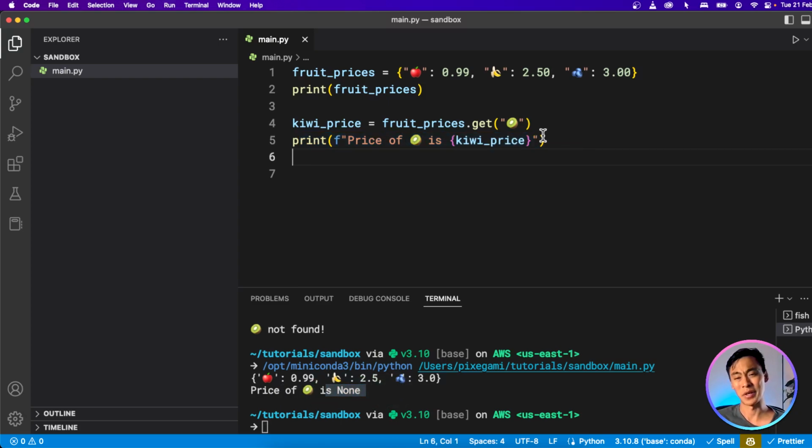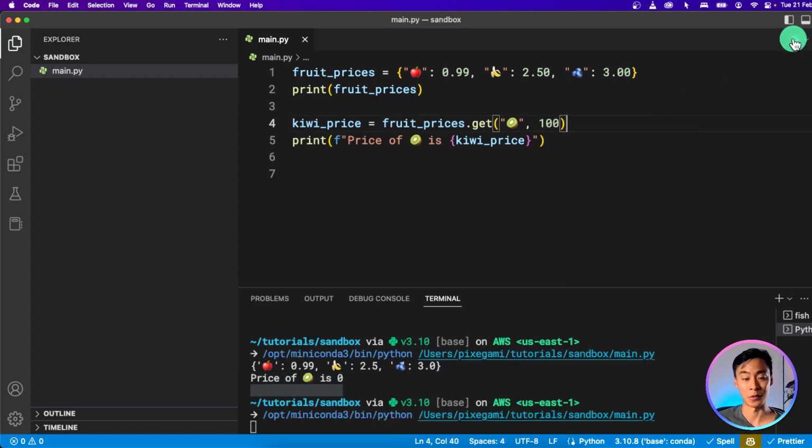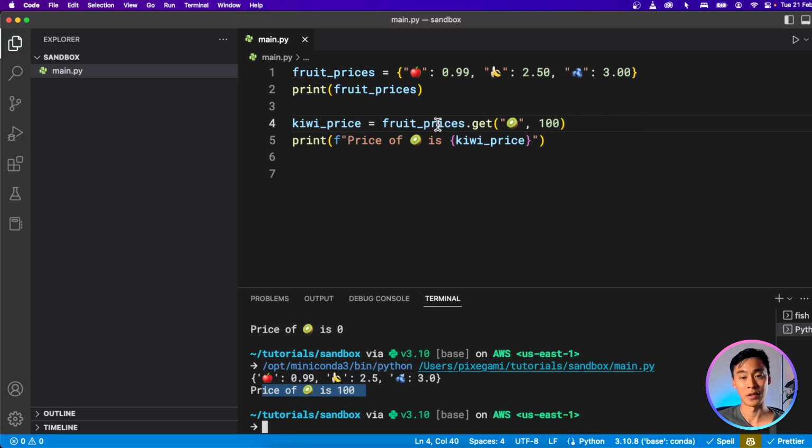It doesn't exist. But if we don't want that behavior, if we don't want the default value of something to be none, we can actually specify a default value as the second argument of this function. So let's say that I'm designing a database for price lookups, and if I don't find the price of something, I'm going to assume that the price is 0, for example. I don't think that's a good store policy, but for the sake of this example, let's just try that out. And then when I run it, you could see that instead of none, the price is now set to 0 because I specified that as the default there. And I can change that to whatever number or whatever value I want, and it's going to reflect when I try to get that item.